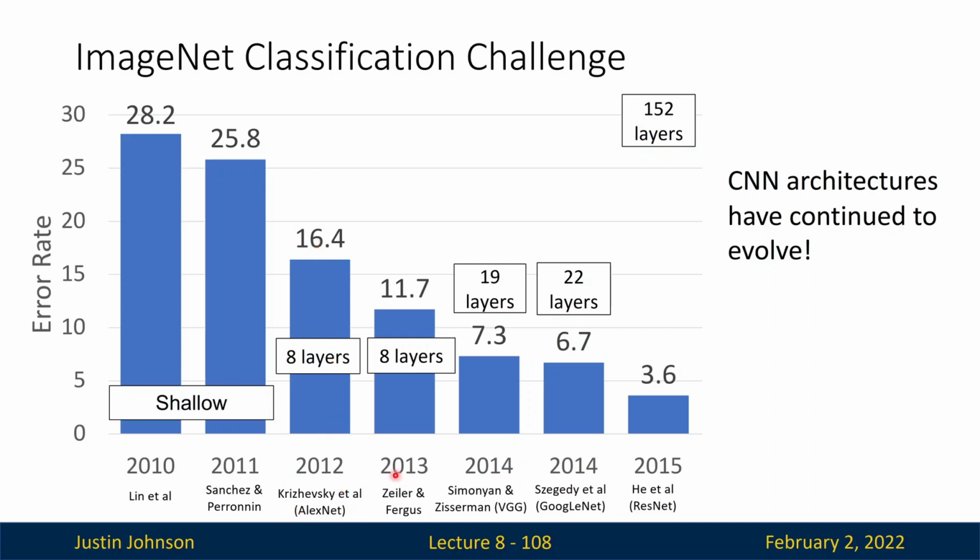And then one year later, ZFNet is a slight extension of AlexNet. They found a better set of hyperparameters, so that it further improved the performance. Okay, then this is VGG. VGG is a simple structure, but